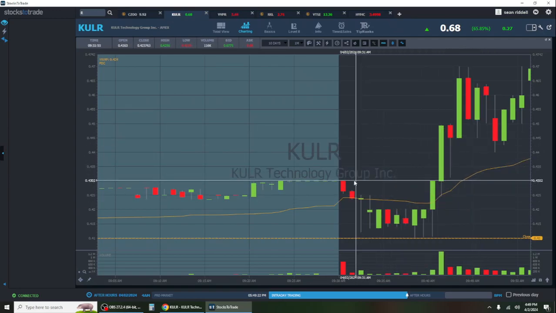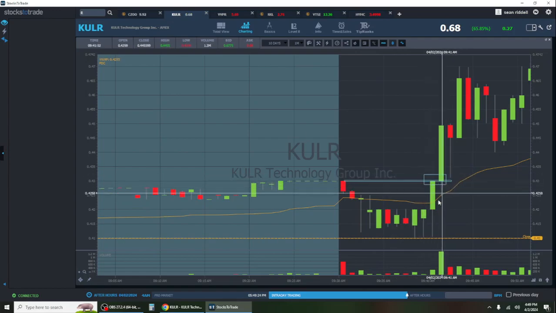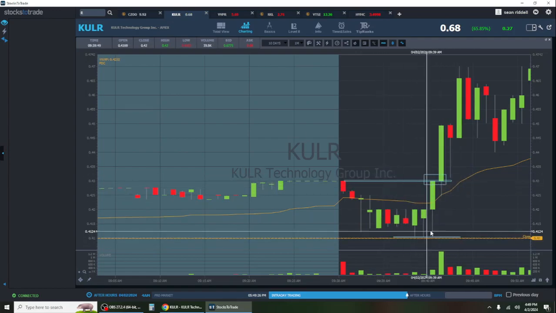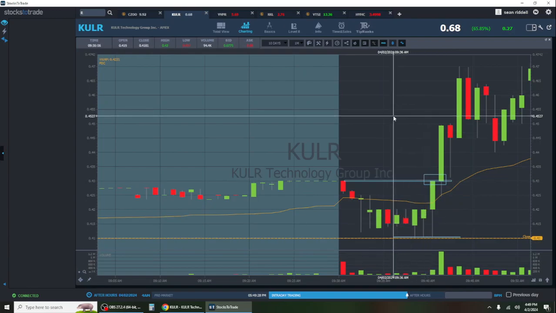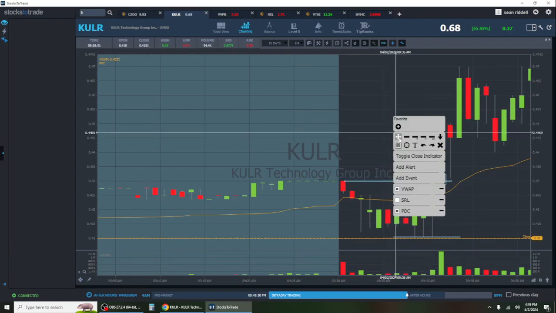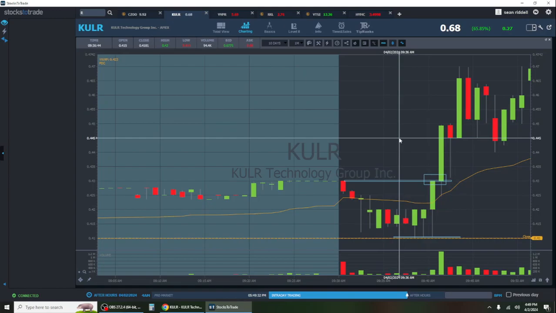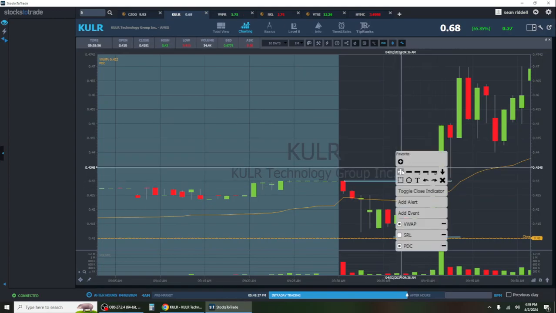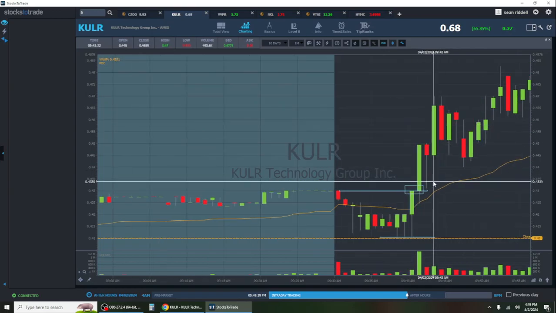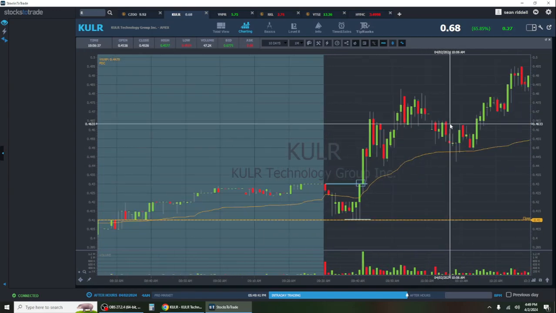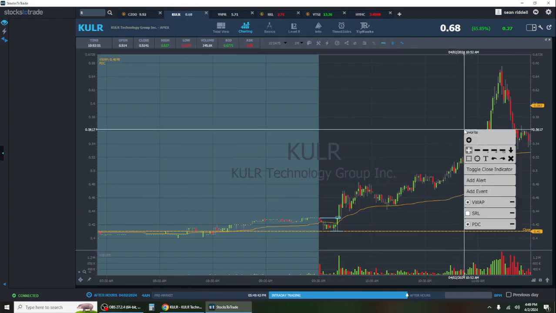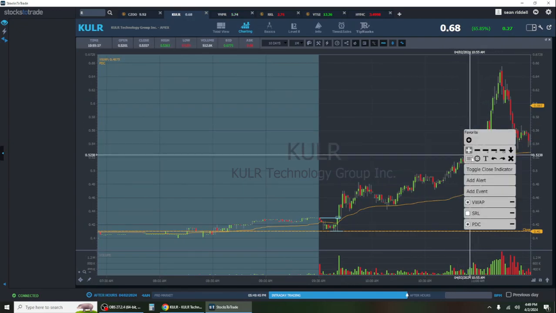So again, the entry is first high of day versus low of day, or last best dip, in this case low of day. So 2 cents risk. Basically you could take 10,000 shares, or let's just say 5,000 shares to make it $100 risk. And if you get a 20-cent rip, which is the target, so what did I say, 61,